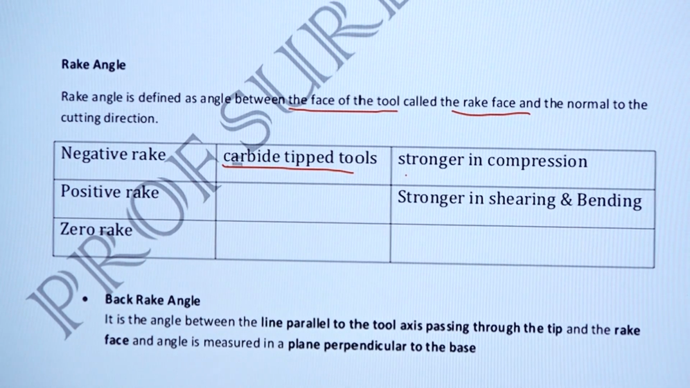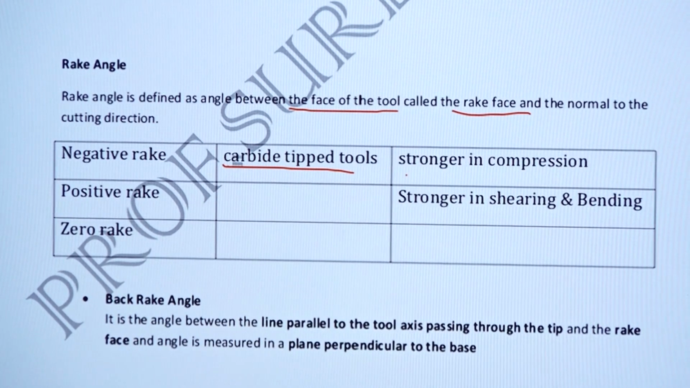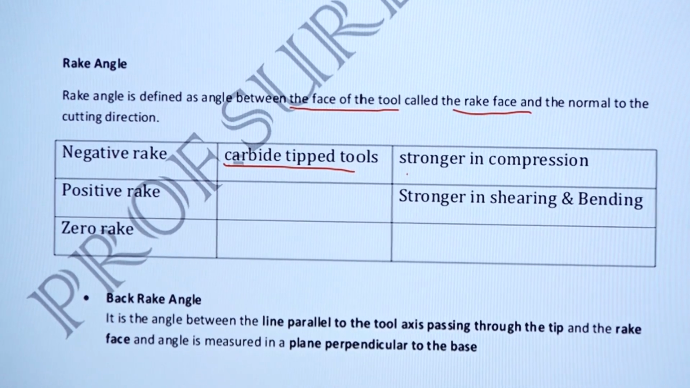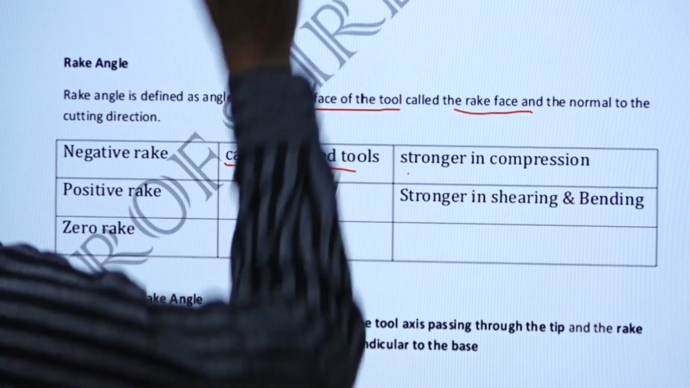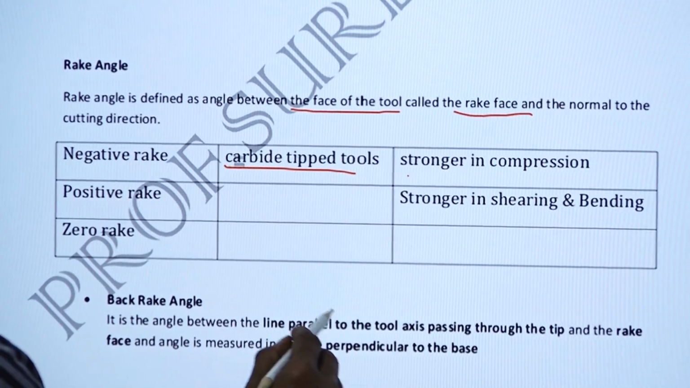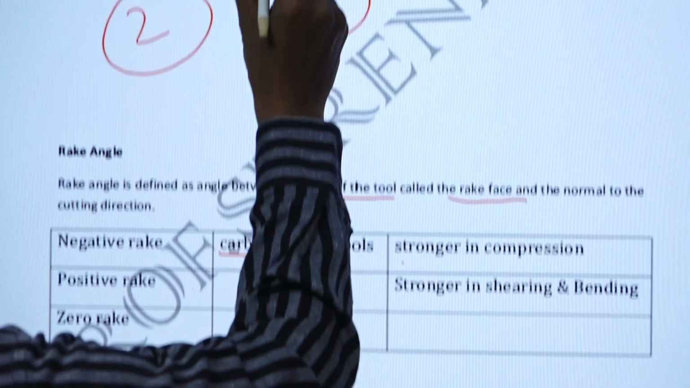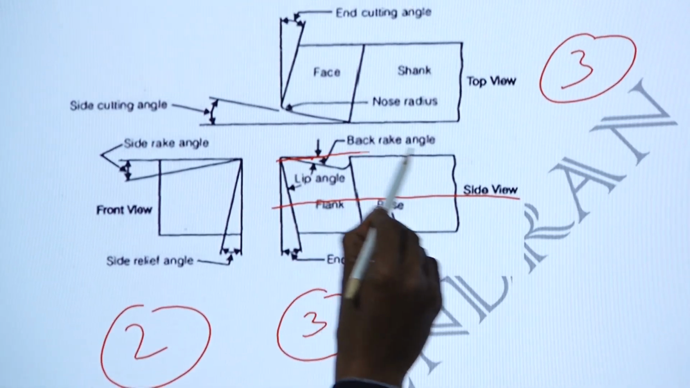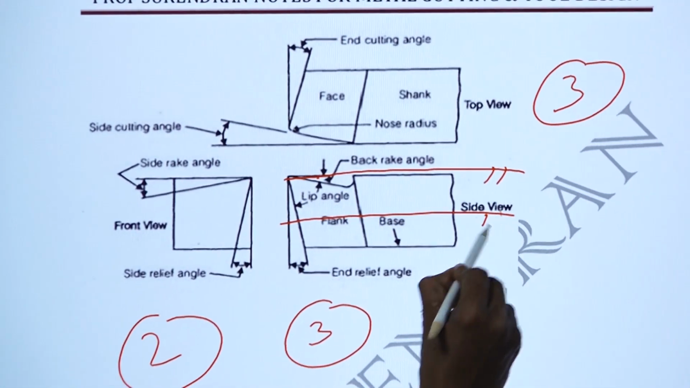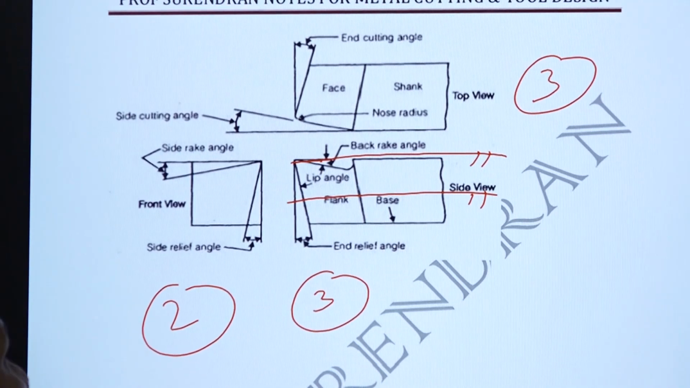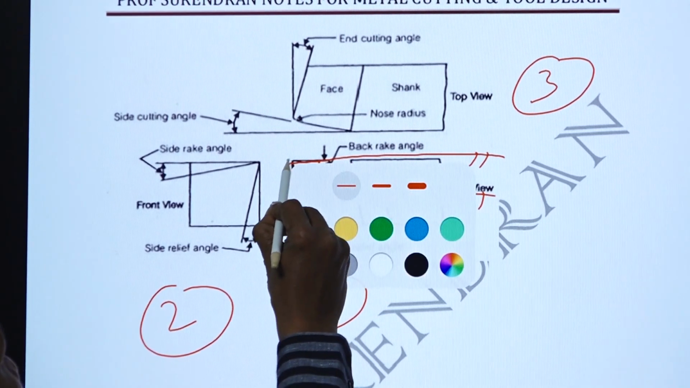Okay. And the back rake angle, how is the back rake angle described? This is the back rake angle. It is the angle between the line parallel to the tool axis, so we can draw the tool axis, and this is the line parallel to the tool axis through the tip. So it passes through the tip. Angle between